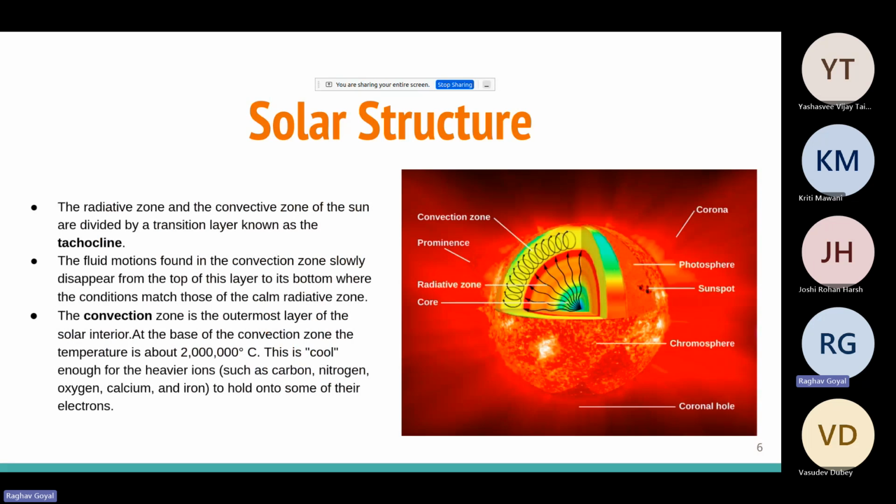So yes, beyond the radiative zone, there is another layer. There is a transition layer, where energy transfer changes from radiation to convection. Between them, we find another layer called the tachocline, which is essentially between both of them, partially both of the